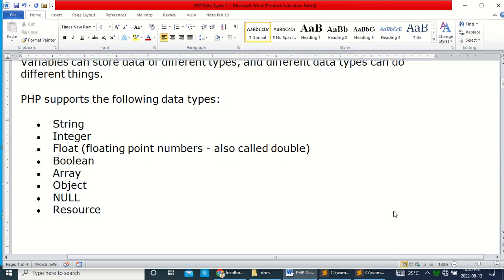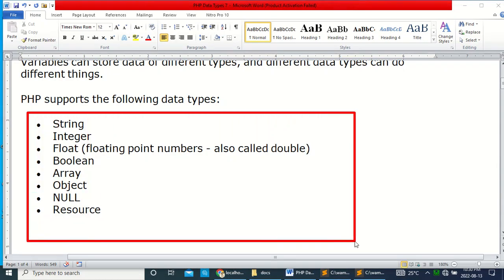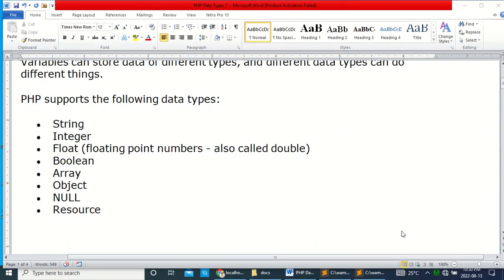So all these are the data types supported in PHP. Okay, so let us go through them one by one. The first one on the list,